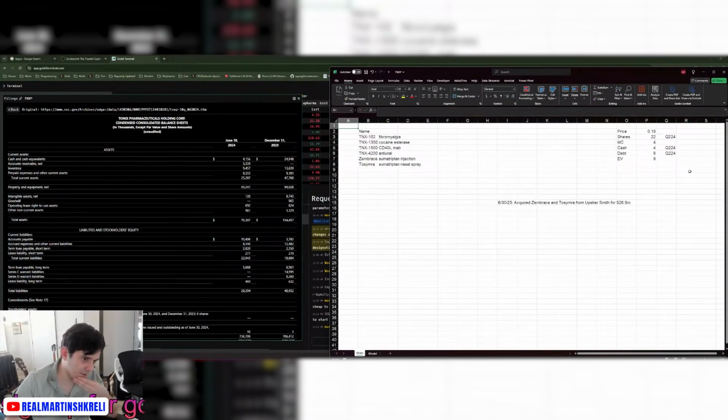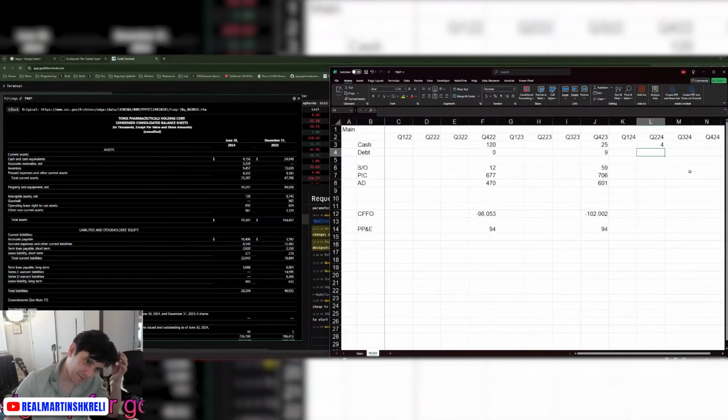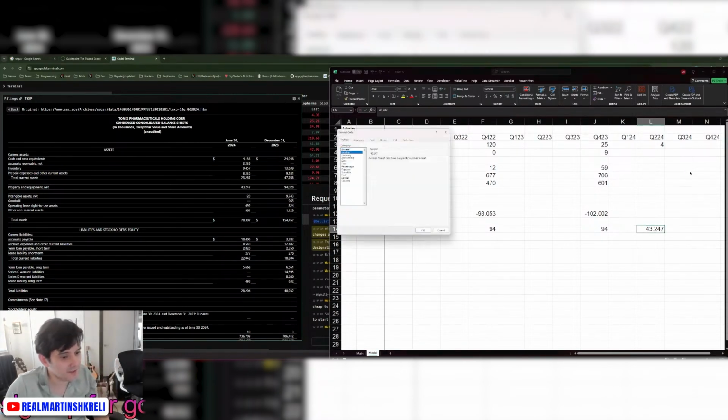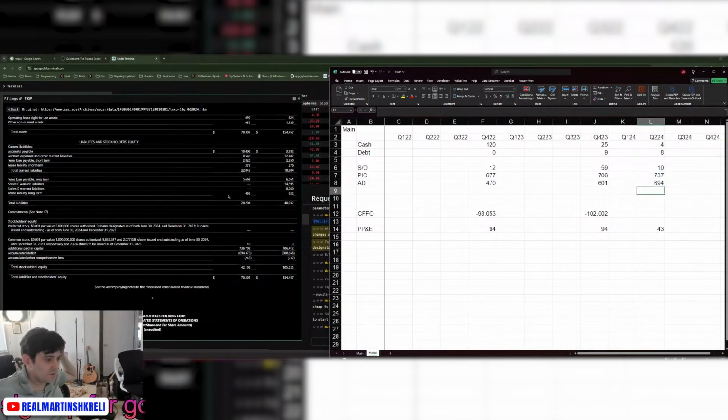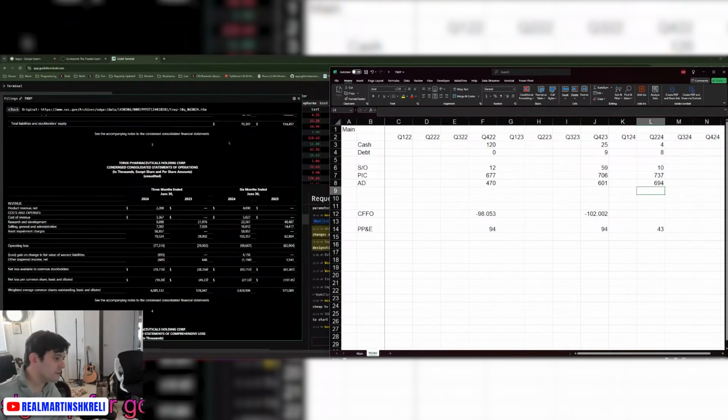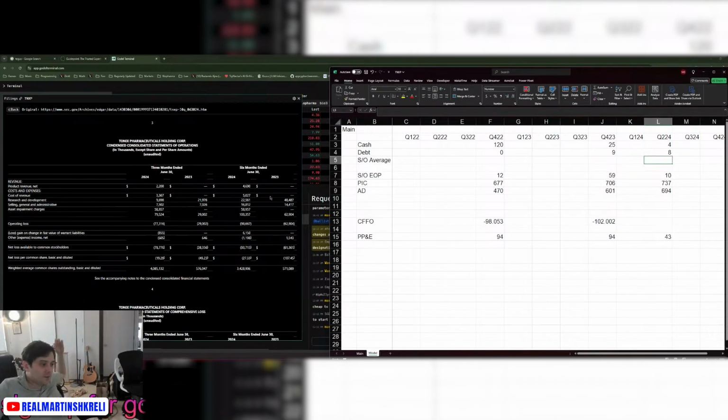But with all the warrants they have outstanding, if the stock ever went up, the market cap would go up a lot. Okay, the property, plant, and equipment dropped to 43 million from 94 million. I think they disposed of some property, plant, and equipment, but they still don't have any cash. I don't know how they're going to run their company with 4 million. Did they pay the loan? No, the loan's still outstanding. They have actually negative net cash. I'd be freshening up my resume if I worked there. It's not looking so hot. Not so much a good buy, but it's worth something. If you had to salvage the company, what would it be worth?